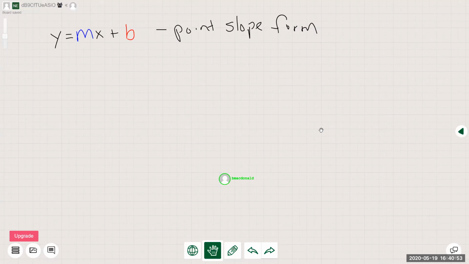So the first thing we're going to do, though, is identify what these variables are. So y and x are placeholders. The important parts are that m, as we said in the last video, m equals slope, okay? And the b is your y-intercept. What this means is if we're needing to graph this particular equation,